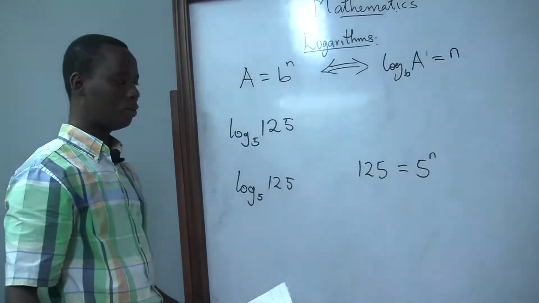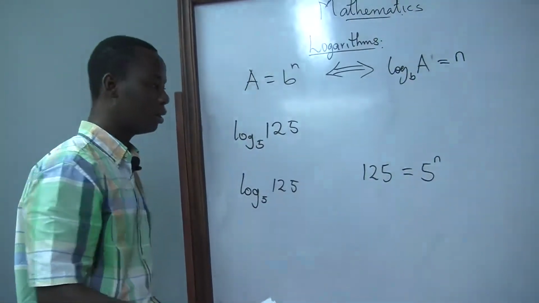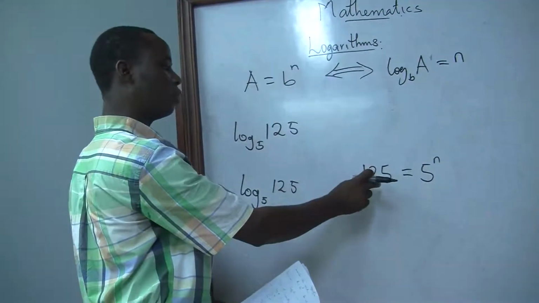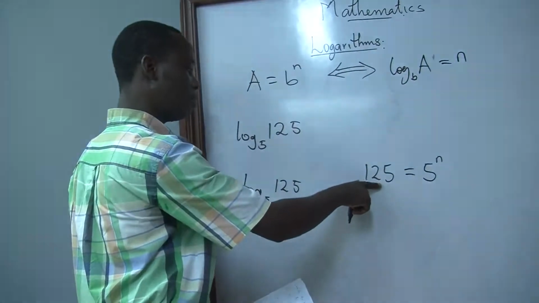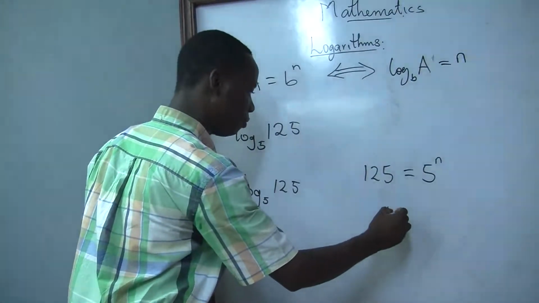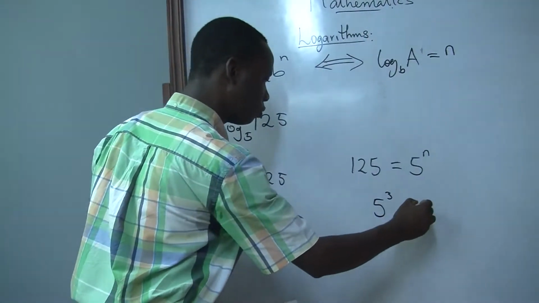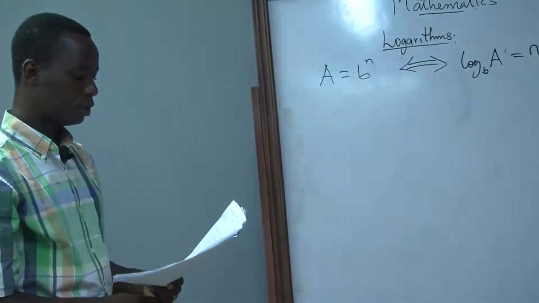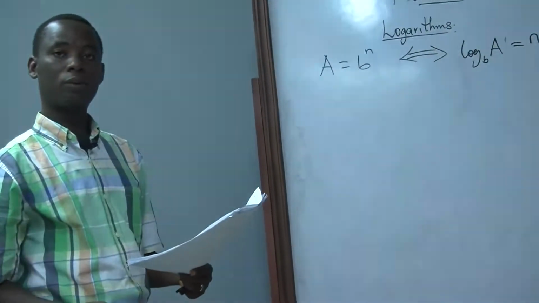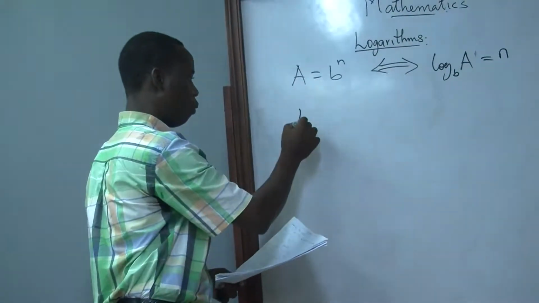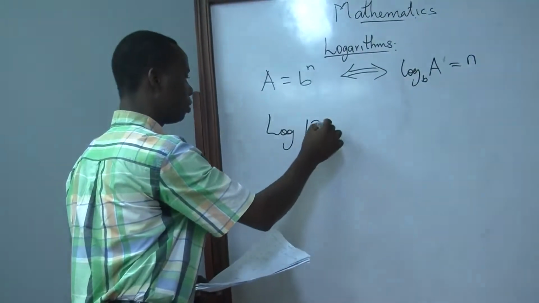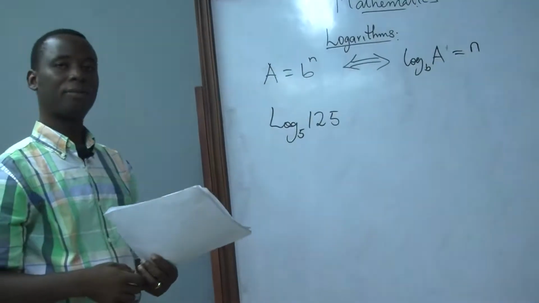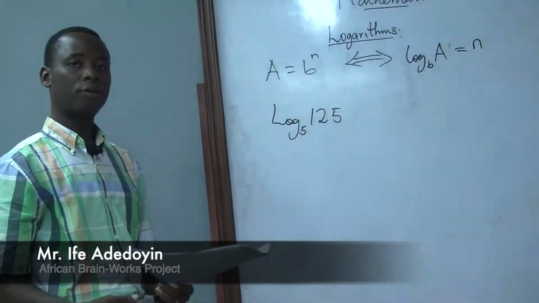From indices, we've been able to establish what that will be. All we need to ensure is that the base we have here equals the base we have here. To make the base equal, we have 5 raised to the power of 3 equals 5 raised to the power of n. Let's work some examples and see what we have been dealing with so far. If we have log 125 in base 5, all we're looking forward to is